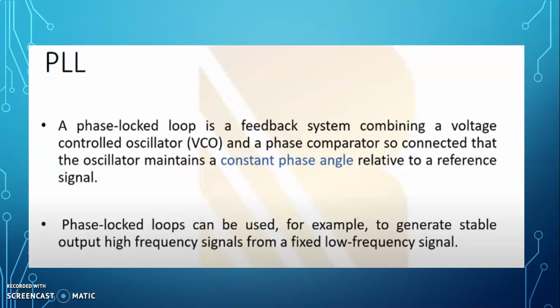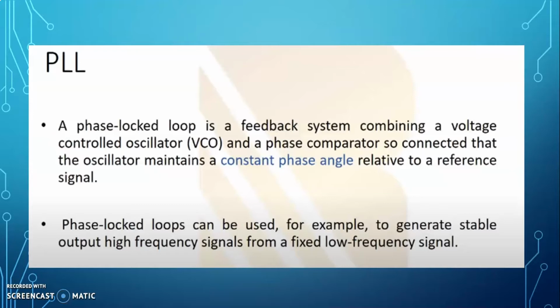Assume that when a constant DC voltage is applied to the voltage controlled oscillator, it does not produce a constant high frequency output signal, because the voltage controlled oscillator is easily affected by temperature and noise. Hence, we can use the phase lock loop. It generates a control signal by using a phase comparator or phase detector, and this control signal is given to the voltage controlled oscillator in order to maintain the constant high frequency output signal.